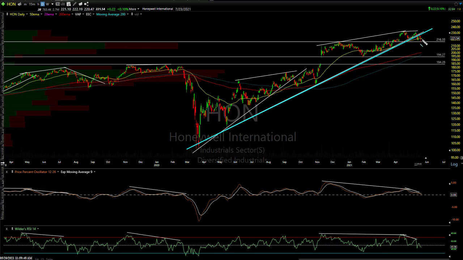There's Honeywell. It's broken down below the primary uptrend line, but it has big support there, about 216.33. It hit it the other day. So this is one of those cases of what I call a BOD line. Yeah, you had a trend line break, and would I have jumped in heavily short Honeywell? No. Why? Because this was a big level, and still is, that 216.33. We hit it, and so far that's held support, and it's made the breakdown not very impulsive.